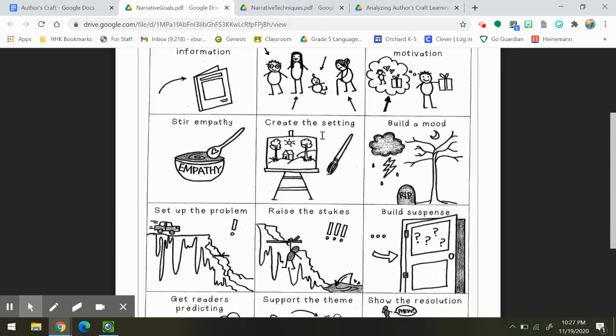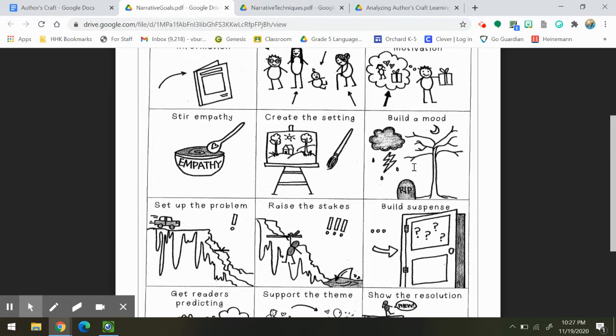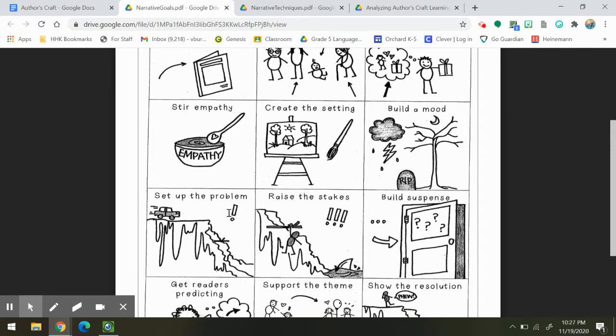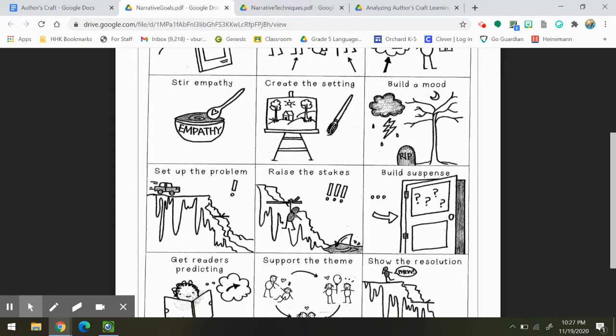Oftentimes they create the setting. Sometimes they want to build a mood. They want you to feel a certain feeling through the description of that setting, usually. Other times they might want to set up the problem. Sometimes they want to raise the stakes and show you how that problem's getting worse, as we see now our